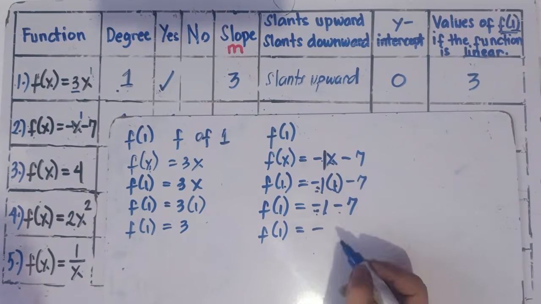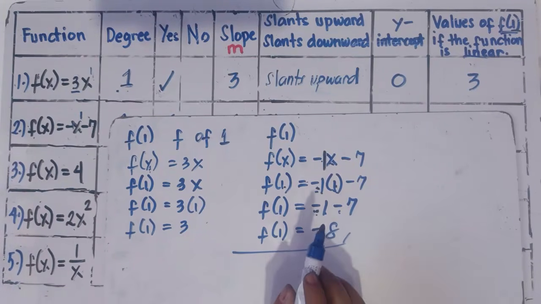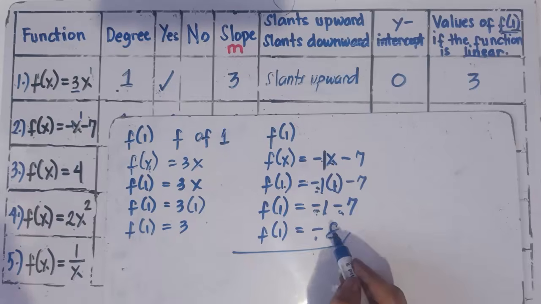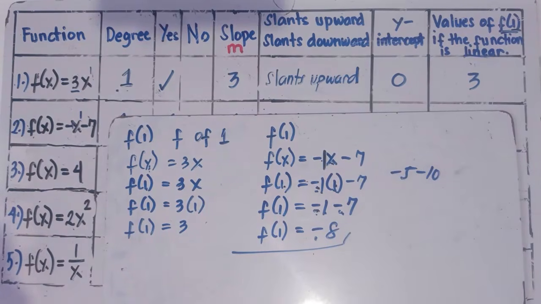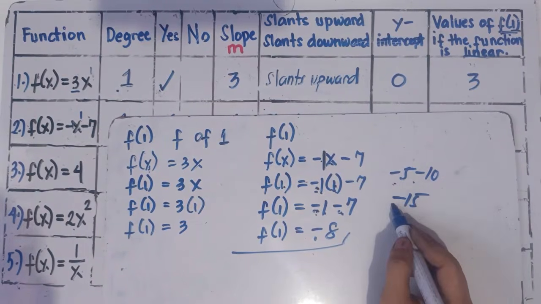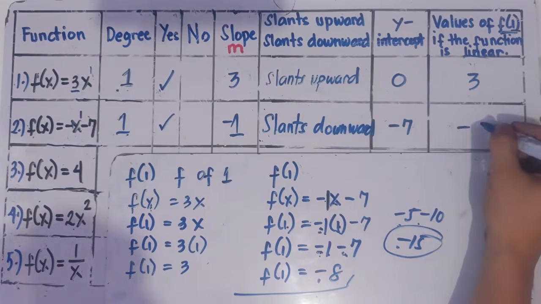Same sign, simply copy the sign, simply add the numbers. Don't make things complicated, class. You think this one is negative 7, you think this one is negative 1. Same sign, simply copy the sign, simply add the numbers. Another example, if I say negative 5 minus 10, what would be the answer, class? That's correct, that would be negative 15. Same sign, simply copy the sign, simply add the numbers. So therefore, this will be negative 8.